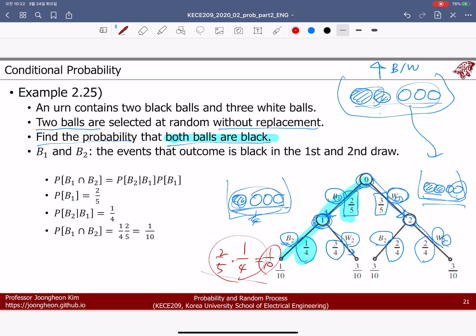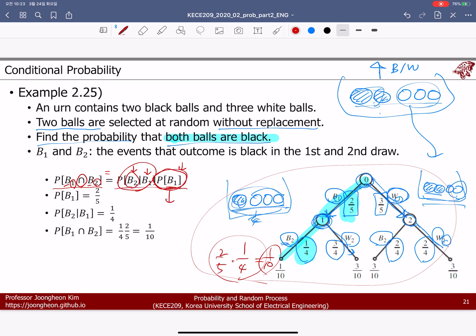We can do the calculation just like that. Or we can say that in the first trial it should be black, in the second trial it should be black, and then we take the intersection. That is possible. As we studied before, the probability is given at first, and then when this is satisfied, we take the probability of this one. They are the same as each other. Suppose that for the first trial, black was taken. In this case, the second trial should be black as well.